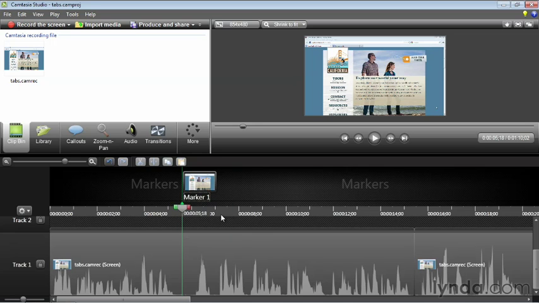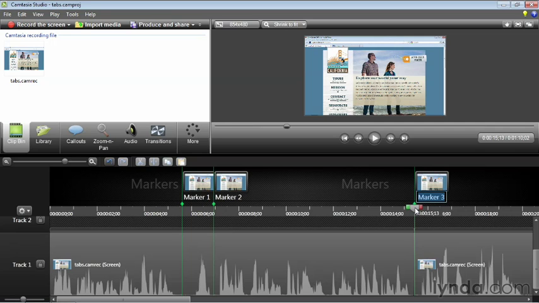You can then move your playhead to a new location where you think that there may be a need for an edit at that point. You can then simply press the M key again and accept another marker by pressing enter or return. As I look down on my timeline, I can see a spot right here where I've got a separation between two clips. I'll go ahead and move my playhead down to that location and then press the M key again